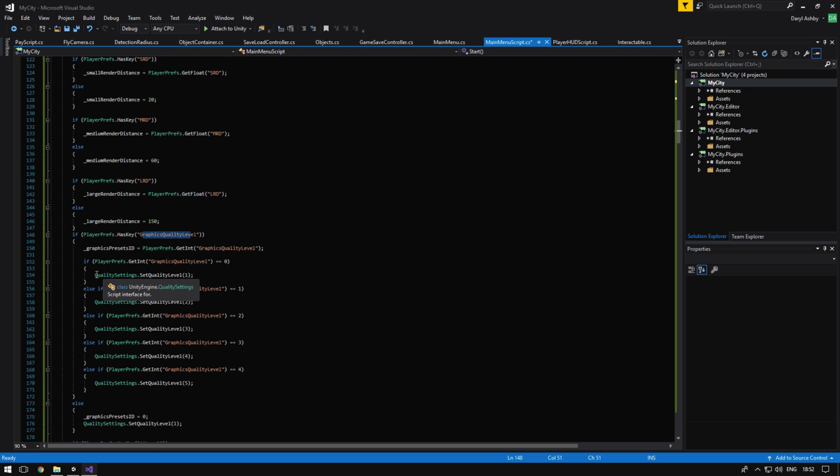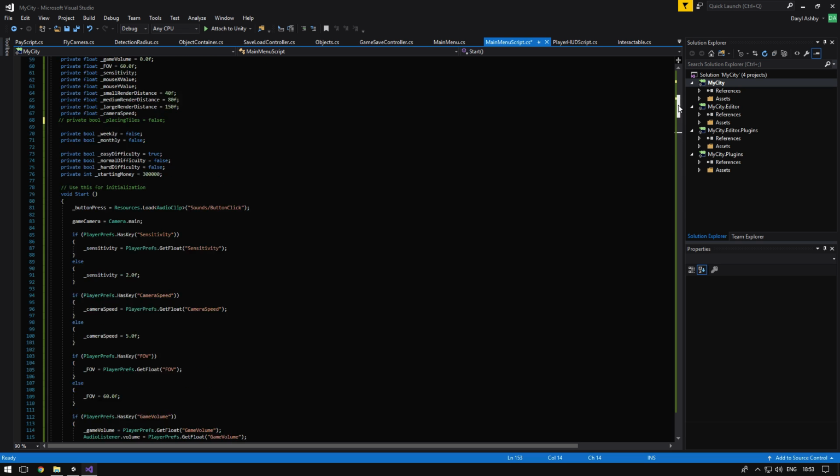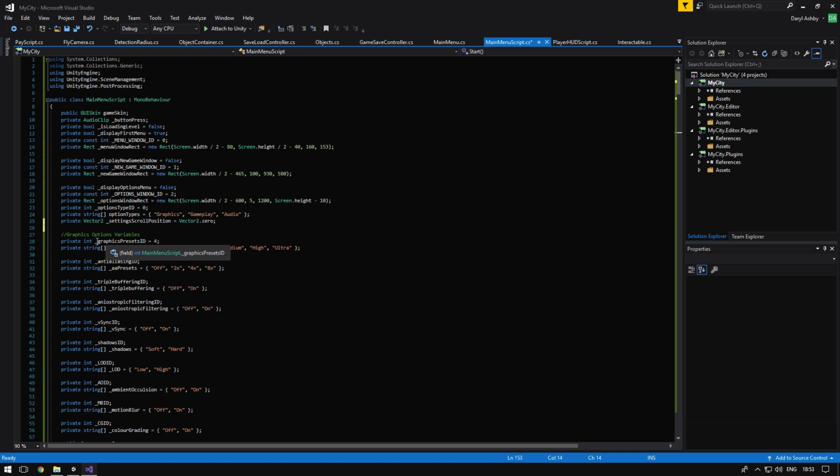See, quality settings is Unity's default graphics thing, I guess you can put it. So 1 is very low, 2 is low, 3 is medium, 4 is high and 5 is ultra, etc, etc. Now the one thing you need to put in is I've saved an integer for these, and the reason being is because if we go back up here, I have an ID. Now this ID, that would be 0 here, 1, 2, 3 and 4, and basically what I do is